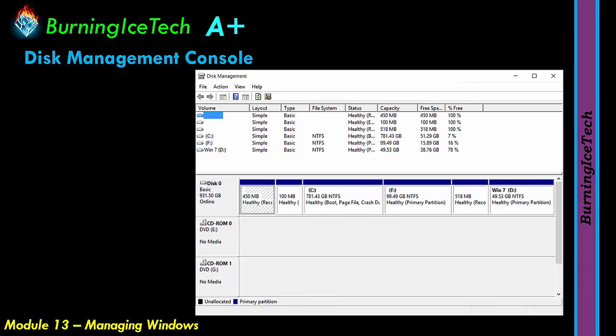So if I go and split that hard drive into 2, I can choose how big each of these partitions needs to be, and it's going to appear in Windows as if you've got more than one hard drive, even though in reality, you only have one. In the sense of disk management, guys, if you want to open it via the run command, we did explain this earlier with Device Manager, there's a command you can go and type. So if you'd like to know what the command is, it's diskmgmt.msc